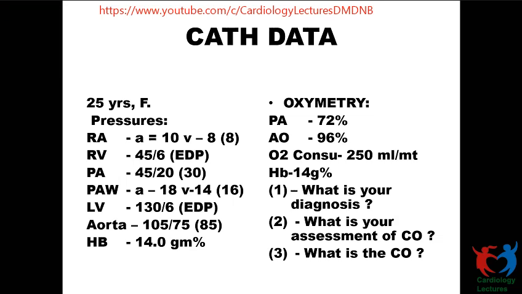So hemoglobin is 14, and then coming to the oximetry. No. Let's find out from the pressures what do you think is the problem. So there is slight pulmonary arterial hypertension. Probably it's passive due to passive congestion. Okay. There is a slightly raised pulmonary capillary wedge pressure, and there is a significant gradient across